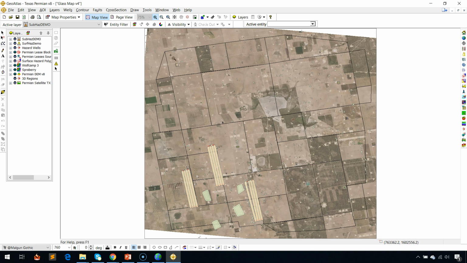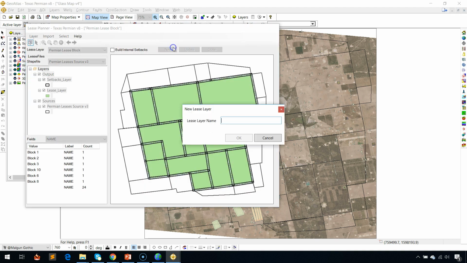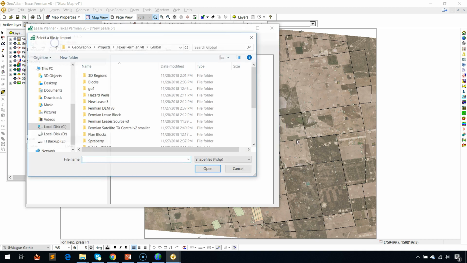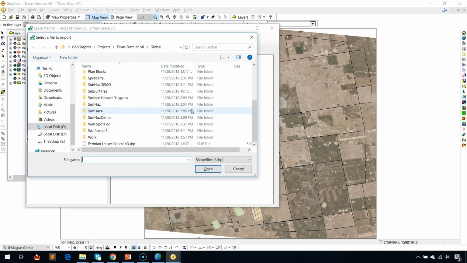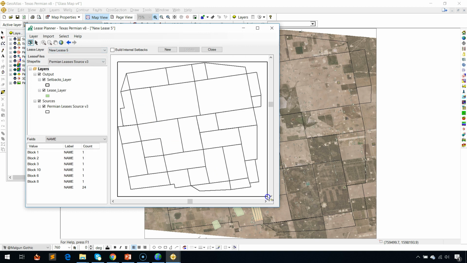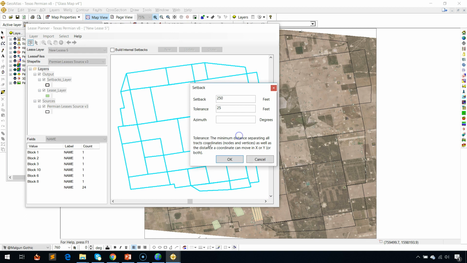All right, step number 3, we're going to create lease areas. Click on Lease Planner from here, and we're going to create a new one. And let's go ahead and import the shapefile. And it's right here. So I'm going to go ahead and make it pretty simple for us. I'm going to select the entire area, and I'm going to add the tracts with a setback of 250 feet